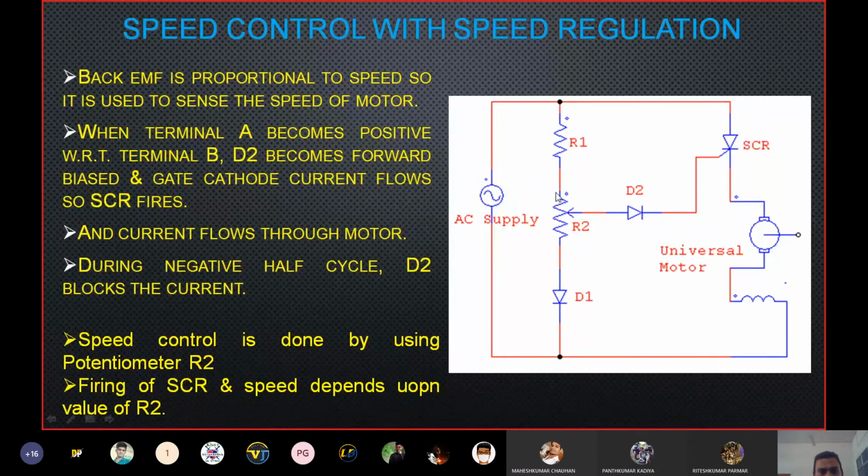We want to control the speed of this universal motor, so it can be controlled by using this potentiometer resistor R2. With the help of this potentiometer we can control the speed of the universal motor. So firing of the SCR and the speed depend upon the value of R2. So as per the selection of the value of this R2 resistor,